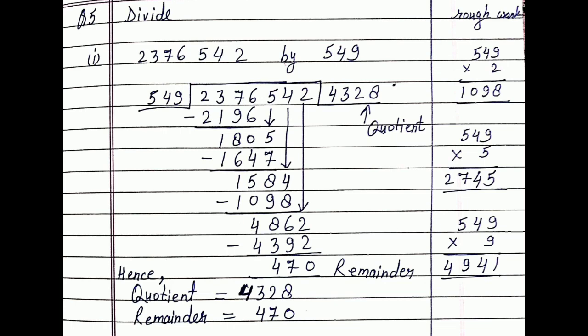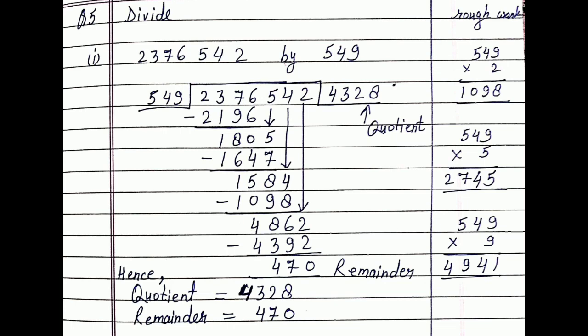So here see the question also. As you can see in this question, we are going to divide this number by 549. So first we compare the leftmost digits in the dividend, which is 237. We will take 3 digits because in the divisor 3 digits are given. Now when we compare, we get that 237 is lesser than 549, so we will take one more digit. Now 2376 is there, which is greater than 549, so we can easily divide now.